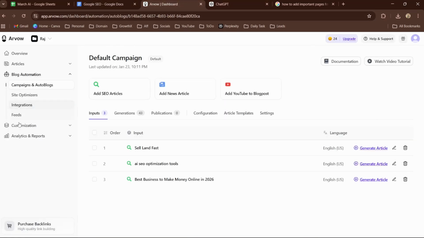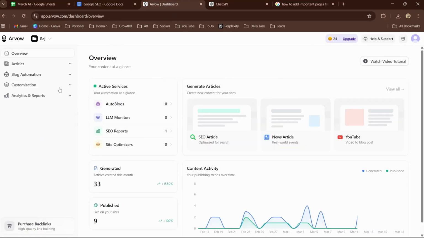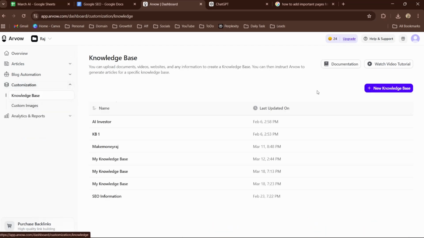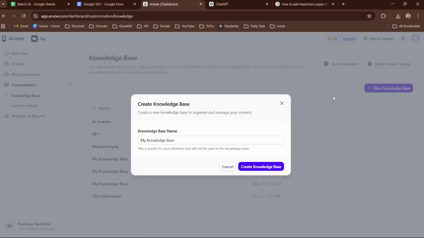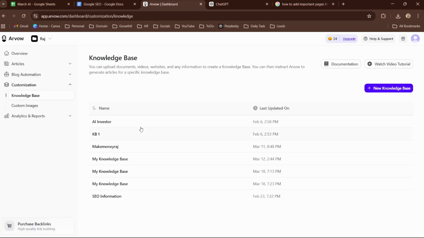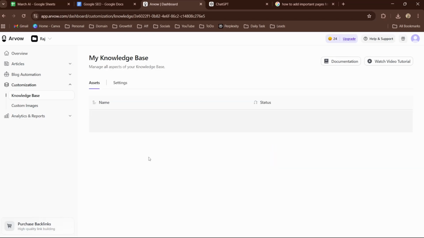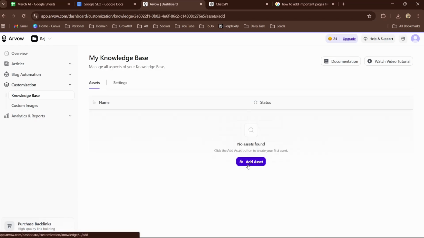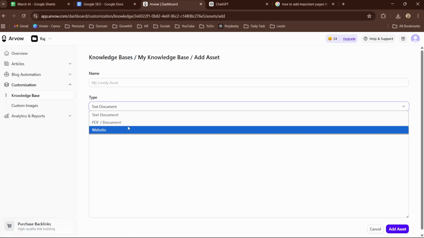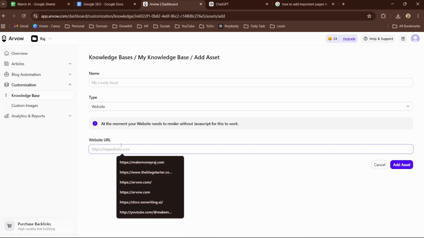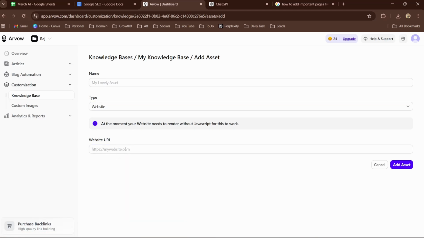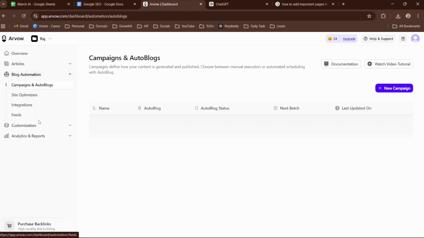So go to the URL. This is a tool which I'm using. Go into customization, click on knowledge base, click on new knowledge base, and click on create new knowledge base. Once you click on knowledge base, click on add assets, and here click on website, and here you add your competitor website. It will pull all the feed keywords, or you can also go into the blog automation, click on